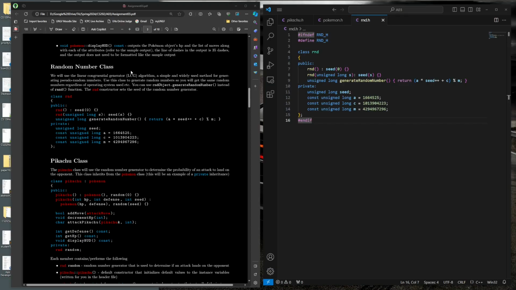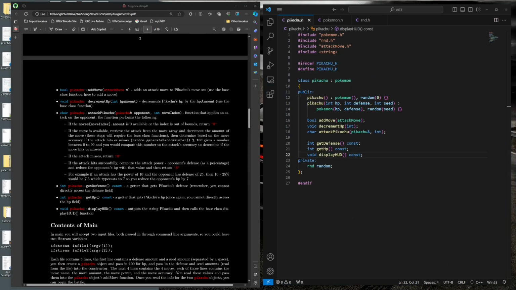So let's go ahead and now discuss our final class, the Pikachu class. Now, we include several headers in this file because we need to have Pokemon defined, RND, and attack move. Now, you might have also noticed, I didn't mention this earlier, that we have these header guards right here. And the purpose of doing that is